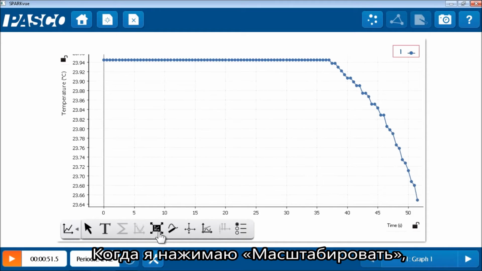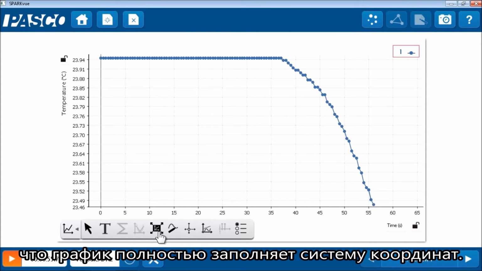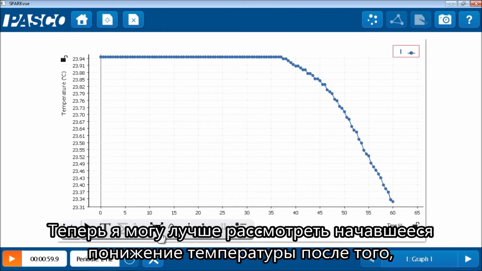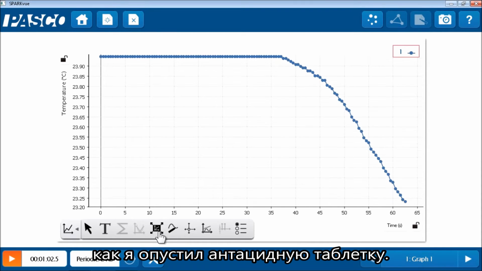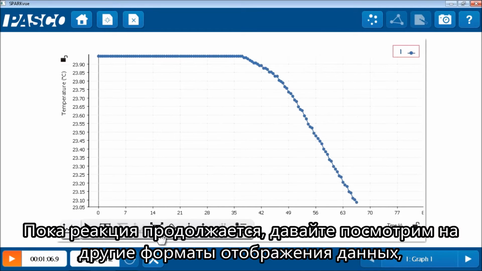When I press Scale to Fit, the graph axes automatically scale so that the graph is filled with data. And here I can better see this decrease in temperature that has begun as soon as I added the antacid tablet. Well, while that reaction continues, let's take a look at the other displays that were created for me in